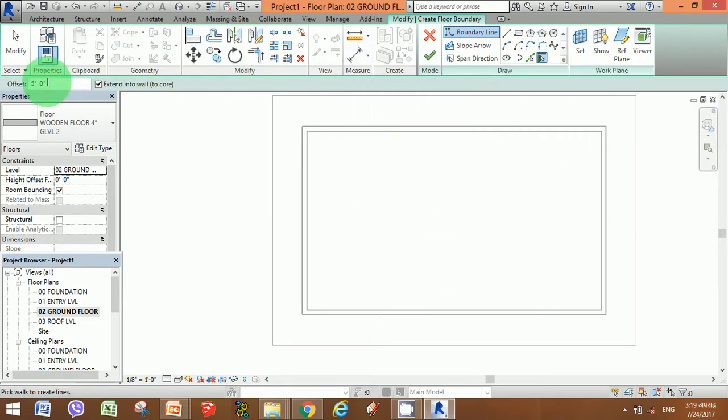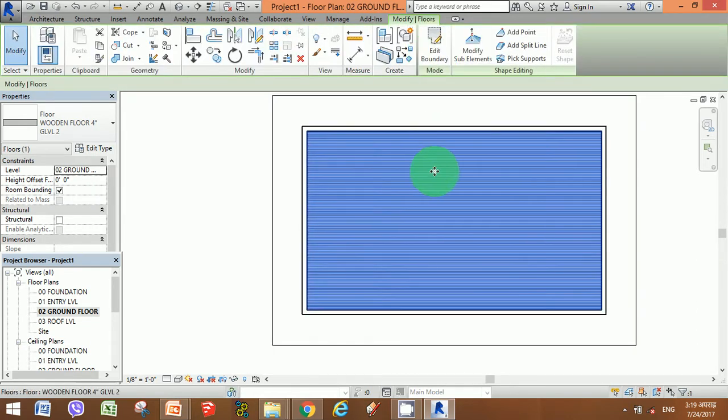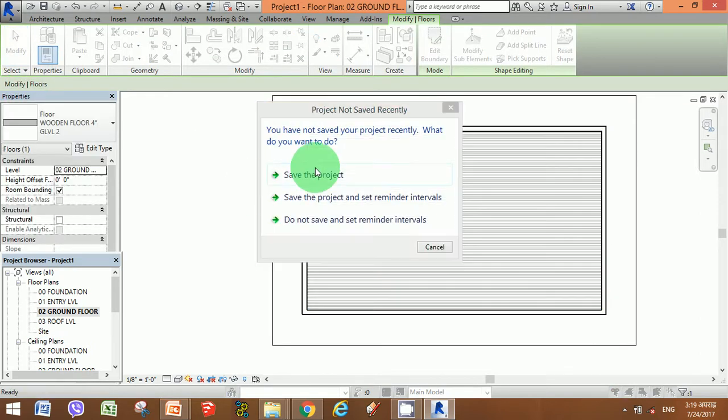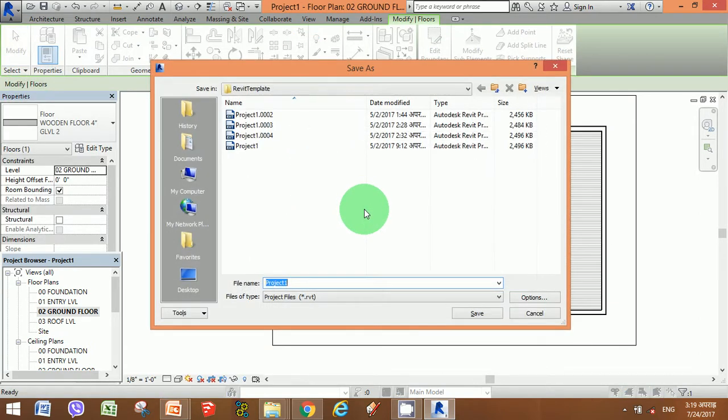Now once our new floor has been renamed and resized, it's the same process that we did before. We pick walls, but in this one we will not keep the offset. The offset would be 0 feet 0 inches, and we'll pick the walls accordingly, going in the clockwise direction. Here we have the floor. Once the floor is selected, press OK. As you could see, a gradual grading has been done. What happened is, the automatic save option just reminded us to save our project, so we could save our project in our desired way.